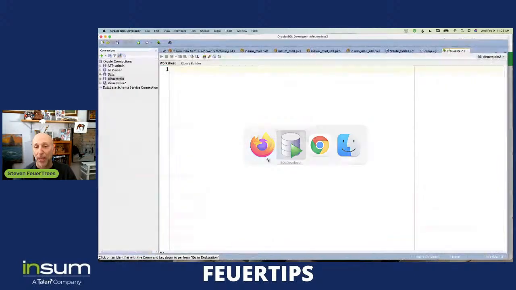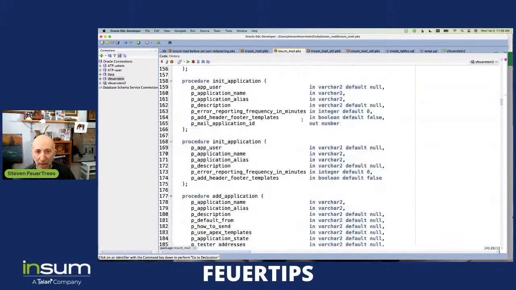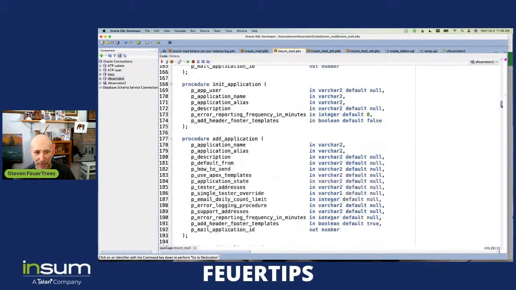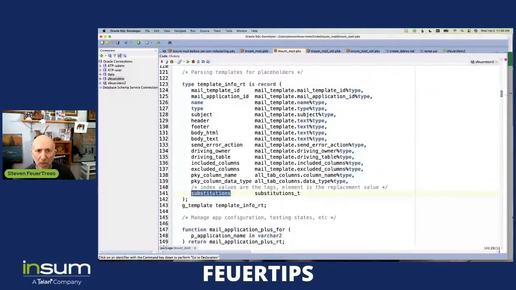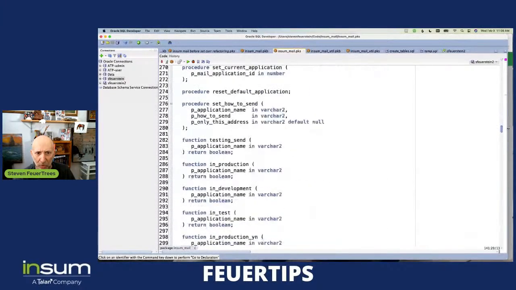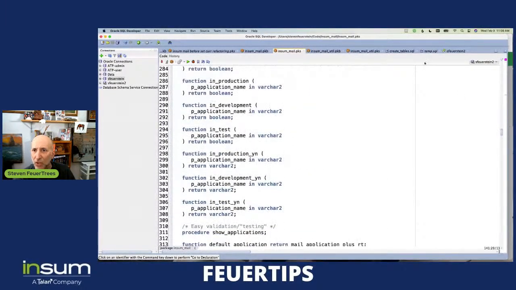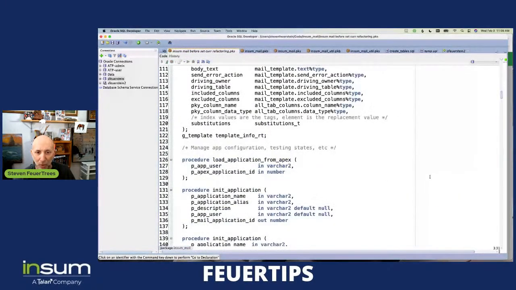Then things went kind of sour, bad. So I said to myself, okay, what I'm going to do is always make sure that the current application is set. So basically, if you look at the API, and this is a pretty big package now, lots of programs, I'm not going to go through all of it. But one thing you'll be able to tell is, let's find some examples. Oh, that's the new one. I want to show you the old one. Right, you won't see the examples there. So in my old one,